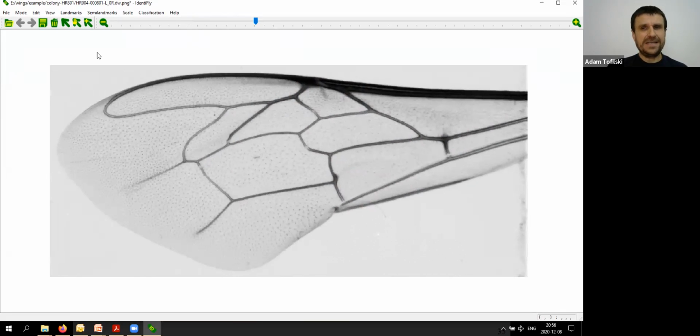To add the landmarks manually, you should use this add mode. And then you see the cross, and with the cross, you click the first point, second, and third. And like this, you can use all 19. But I would also like to show that it can be done quicker. To do this, I will do landmarks, reset. When I do reset, there will be shown all the 19 landmarks,